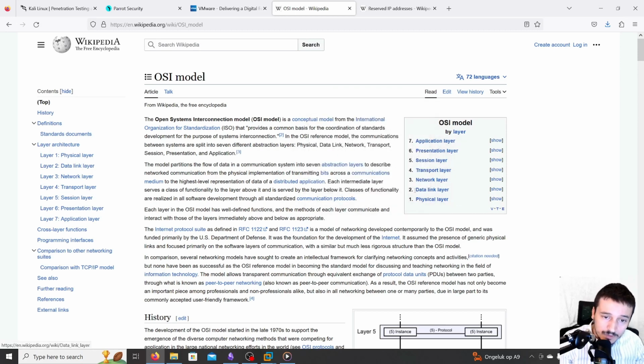A layer above that, we have the data link layer, which is the Ethernet layer. And that's the layer in which the switches operate. So everything can communicate with each other inside the same network just by using the data link layer. If we go back to our machine,